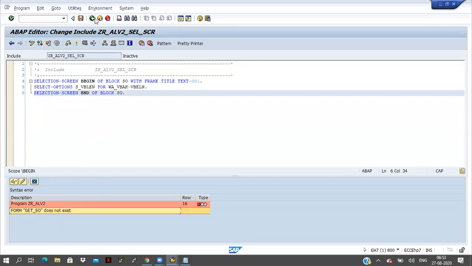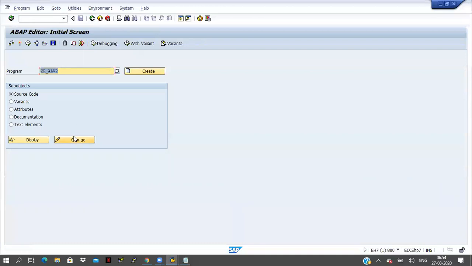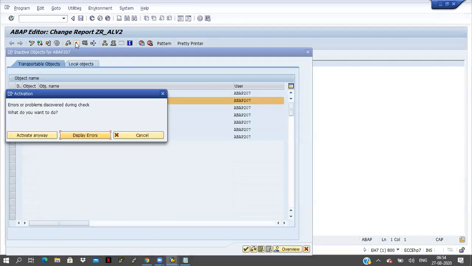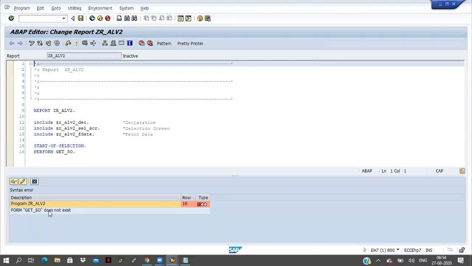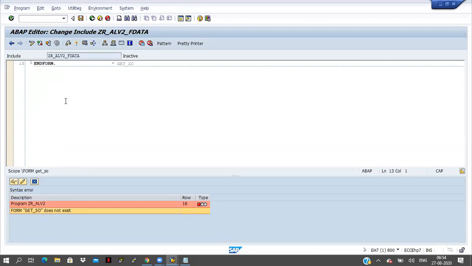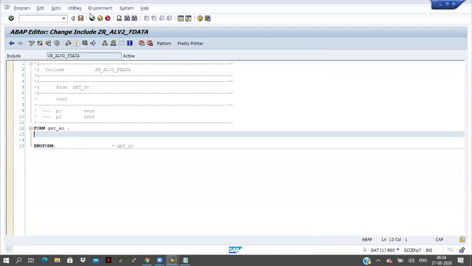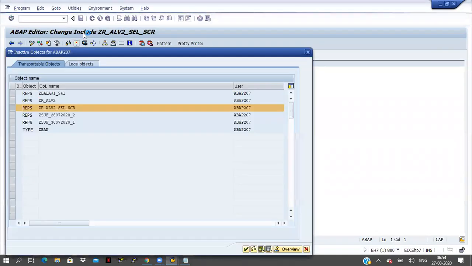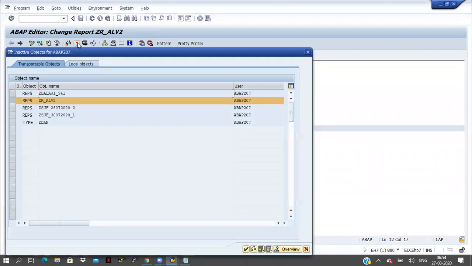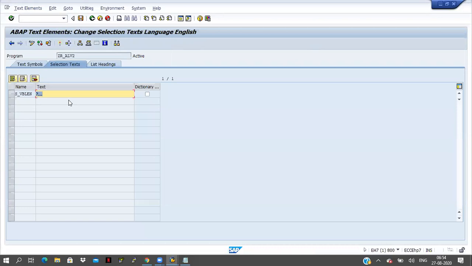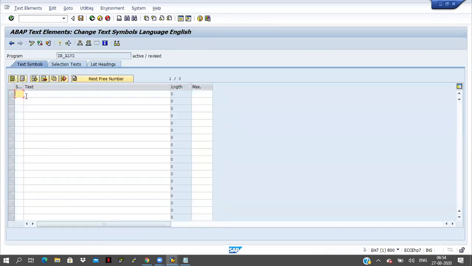Get SO. Where is this get SO? Okay, fine. S_VBELN, I am selecting the checkbox here and clicking on text symbol 001.